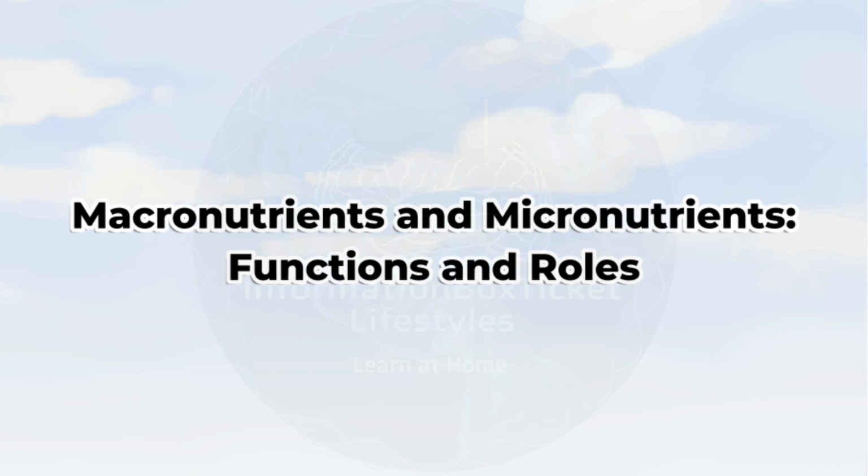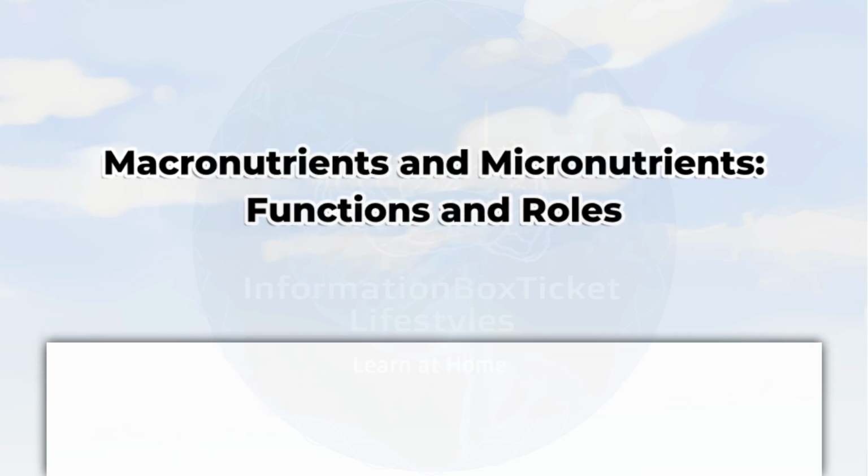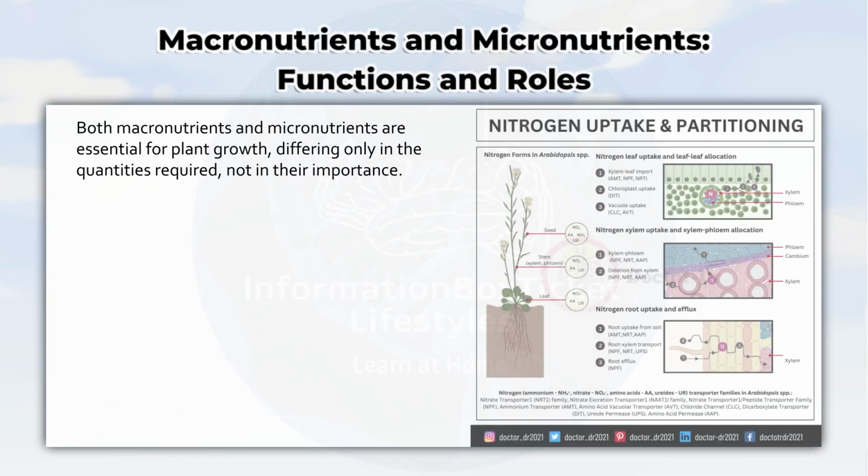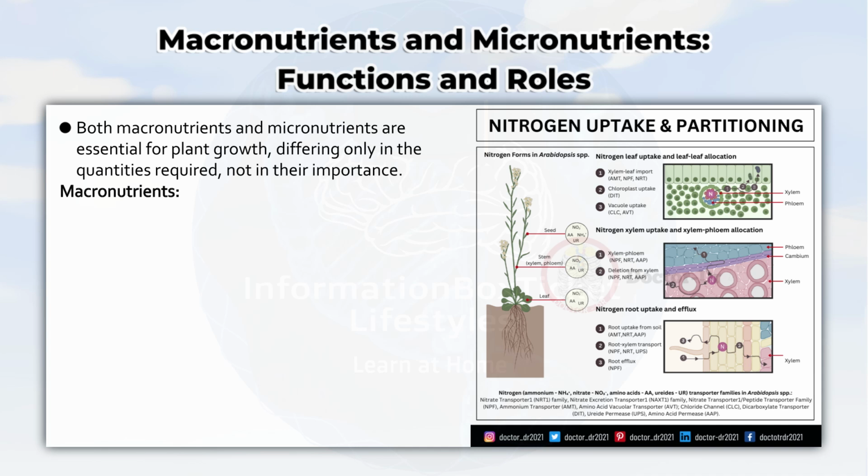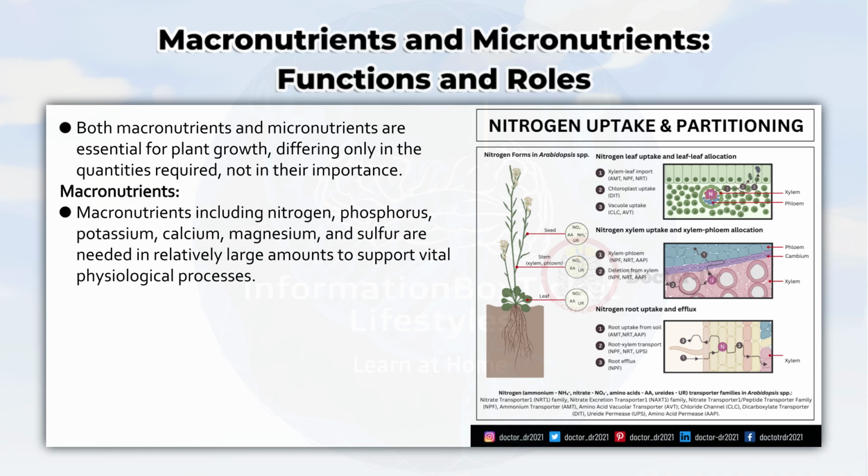Macronutrients and micronutrients, functions and roles. Both macronutrients and micronutrients are essential for plant growth, differing only in the quantities required, not in their importance. Macronutrients, including nitrogen, phosphorus, potassium, calcium, magnesium, and sulfur, are needed in relatively large amounts to support vital physiological